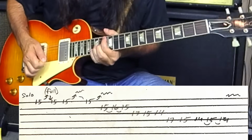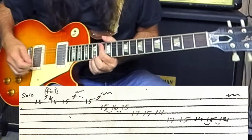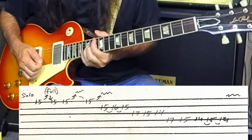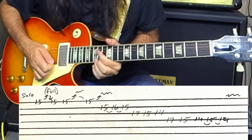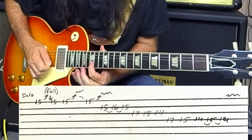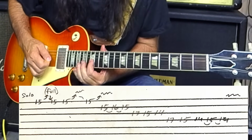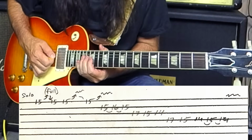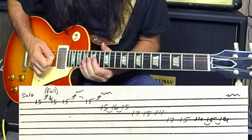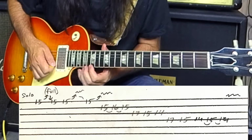You could up-pick it like that. If you up-pick it, it's a little more accurate, but I like to go like that. All right, and then we're gonna go 15, 16, do like a triplet. We're gonna pull off, then 15, 17, 14 on the G, then 17, 15, 14, which is cool. We got those notes, those two, so it's,